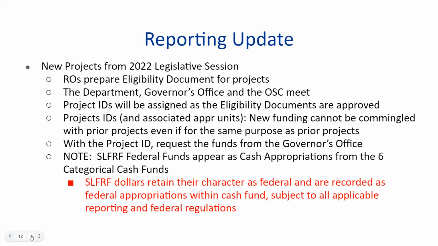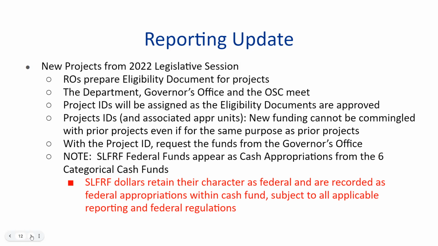And then I also wanted to mention, once you get your new project ID, you will need to initiate an ITI and an ITA with the governor's office to request that they transfer you those funds. They are the owners of the categorical funds, so they'll have to actually transfer you the cash. Keep in mind that these are the SLFRF transfers, and there is a very specific event type setup in core to make those transfers. So just be mindful that when you're doing that you're using those particular codes.